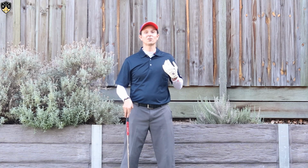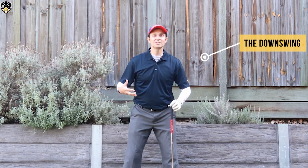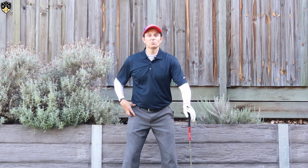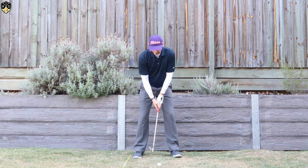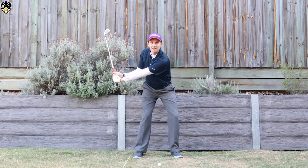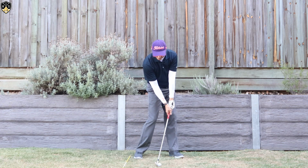Okay, in the downswing, the golf hip turn versus shoulder turn. In the downswing, this is really for me where it all happens in the golf swing. The opposite will happen to the backswing, so the hips will rotate even more than the shoulders will, coming through to impact. As I start my downswing, I've got that 45 and 90. Hips will move first, the arms will lag a little bit behind. As we come down, the hips will open more, shoulders will open up, and we'll come into impact in this